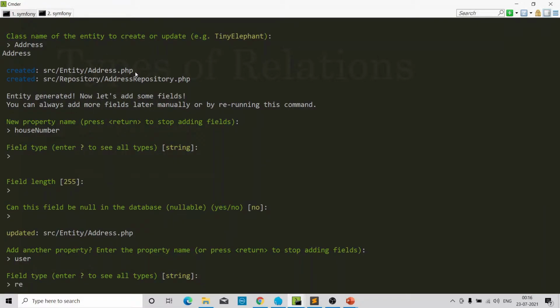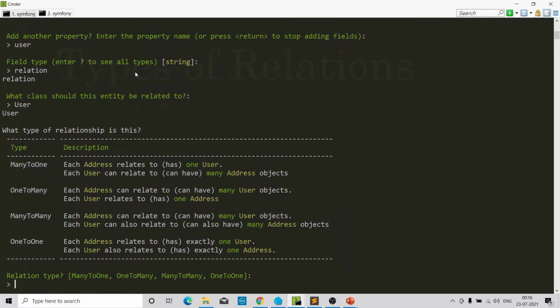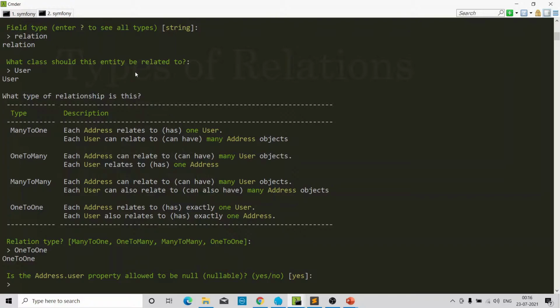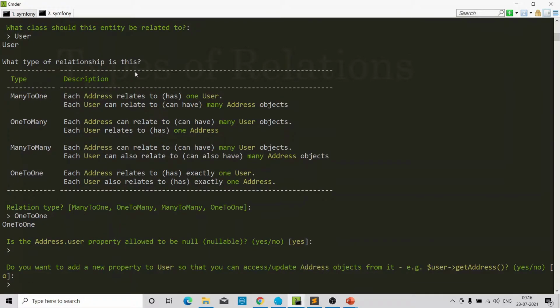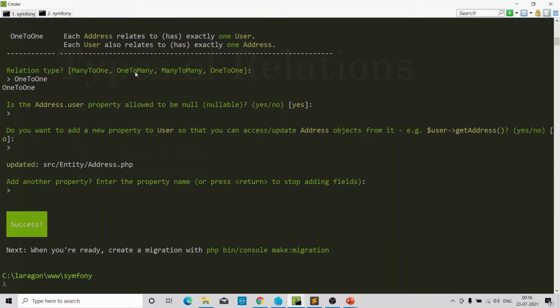Choose user here. The type will be relation. Entity is related to our user entity and the type of relation will be one-to-one. And we are done with that. Now we will run migration commands.